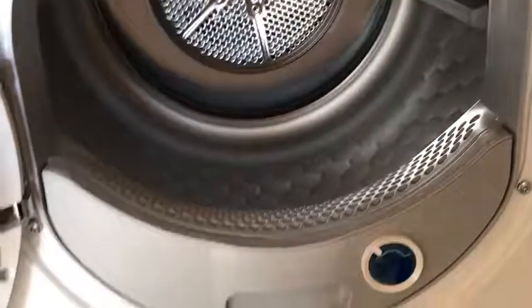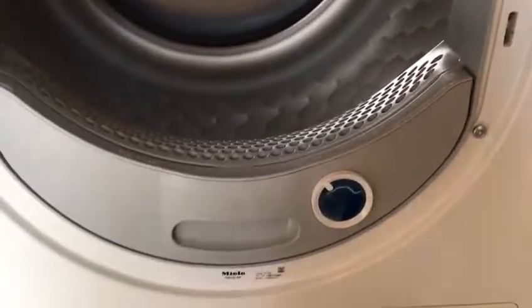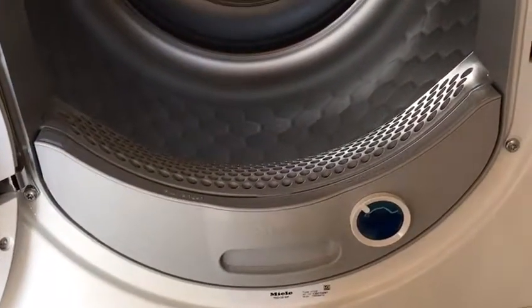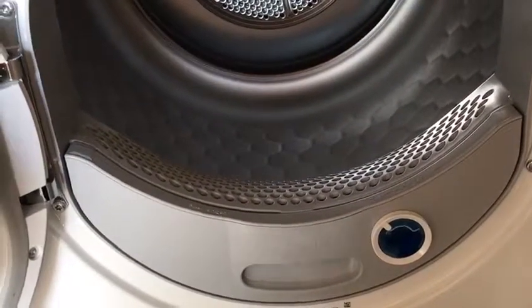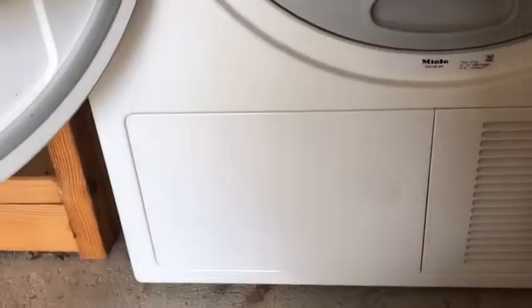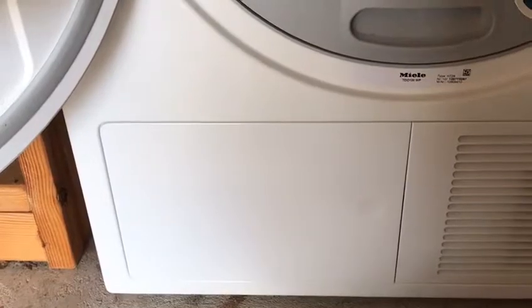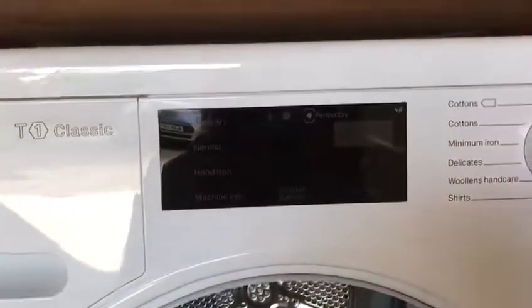There are actually three filters with this tumble dryer. Two of them, like I said, you need to clean after each tumble dry, and the third filter, which is the plinth, which is at the bottom of the tumble dryer, doesn't need to be cleaned after every tumble dry, but on your LED screen it will light up